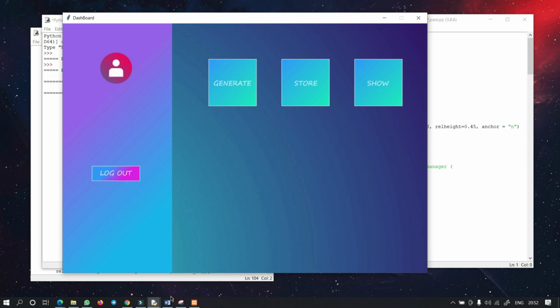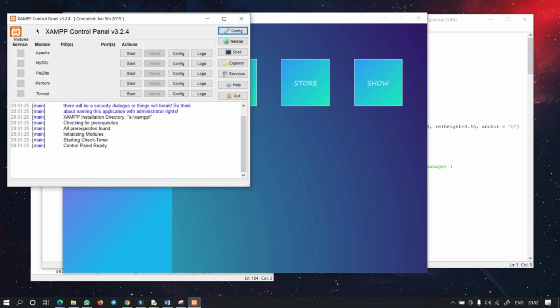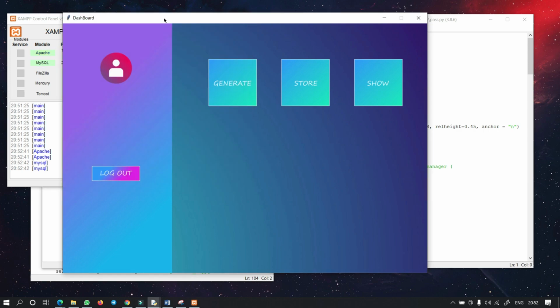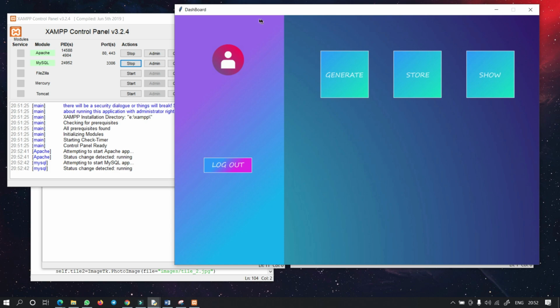For that, we just set up a local server on the system, that is XAMPP. Let's start it. Okay, our local server is online. So here is our version 2.2. It's our GUI. Here is the dashboard. It will show the user details when it fetches them. Here is the generate key. Yes, in version 2, our password master can generate a very strong password. I will show you, and here it is stored.